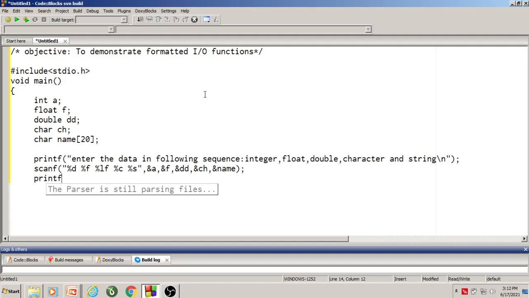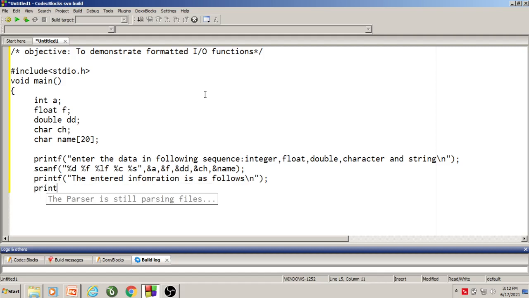So now I write a statement to print the details of the information entered from the keyboard. The entered information is as follows: \n, double quote, complete with semicolon.